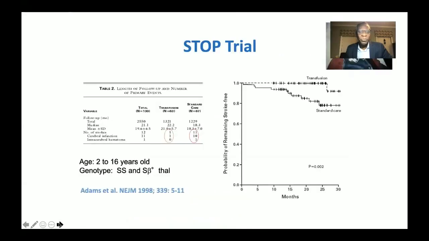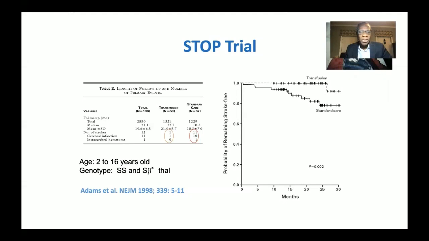There's an effective way to prevent stroke, and this has been one of the remarkable stories of sickle cell management in children. Adams and his group conducted the STOP trial, which looked at how to prevent stroke in children through chronic blood transfusion. Using transcranial Doppler technique, which measures the velocity of blood flow in the major vessels to the brain, they showed that for those at high risk of stroke, that is as interpreted by transcranial Doppler velocities above